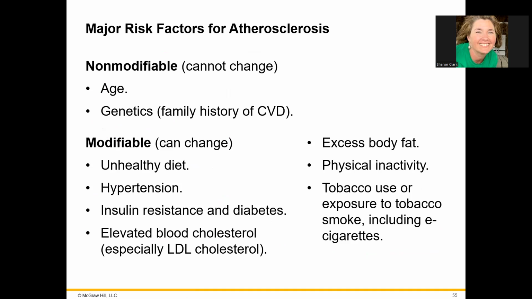So, how can you prevent this? How can you modify your diet and slow down this risk as you age? Well, the two things you cannot change are your age and your genetics. Like my husband, he has a very strong genetic familial component for CVD. Grandfather, father. So we know that in advance, and we're making as many modifiable changes as we can.